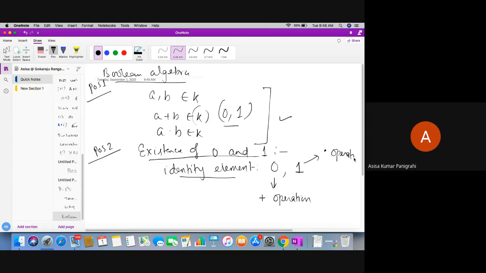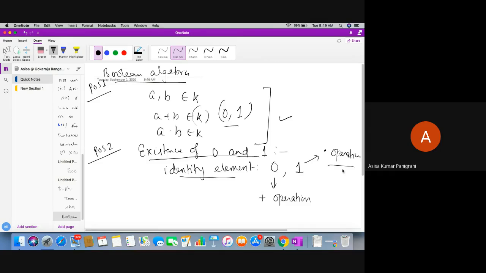Now the question is, what is identity? If I ask you what is my identity, what I have to show you? I have to show you my identity card, either Aadhaar card or something. Or if I am in college, I can show you. If somebody asks, sir, who are you? Then I can show you my identity card. Then he will obviously understand I am an associate professor in EC department. Similarly, the identity element tells me what is the identity of the OR operator, what is the identity of the AND operator.